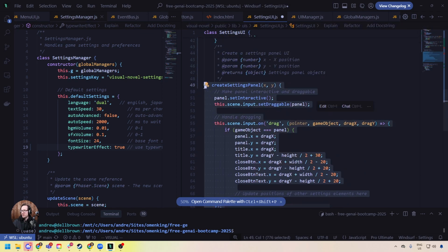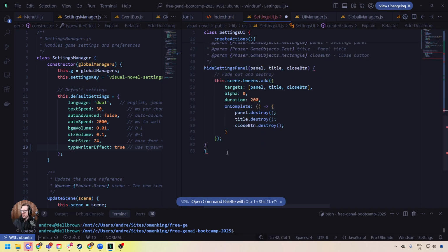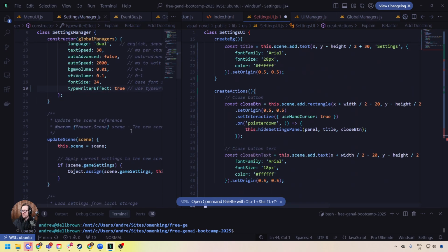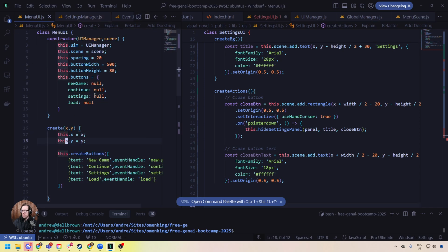I'm not looking for a draggable panel. And so I'm going to go ahead and we have hide panel settings. So yeah, not a whole lot of stuff in here to work with. I know that we want to have two buttons. So if we go back into our menu UI here,